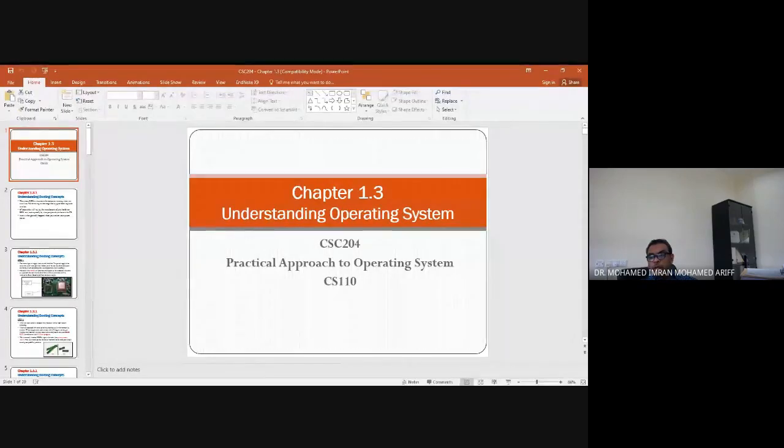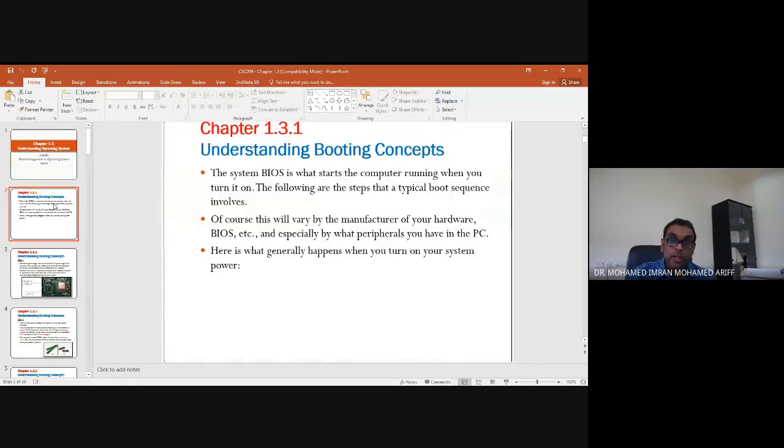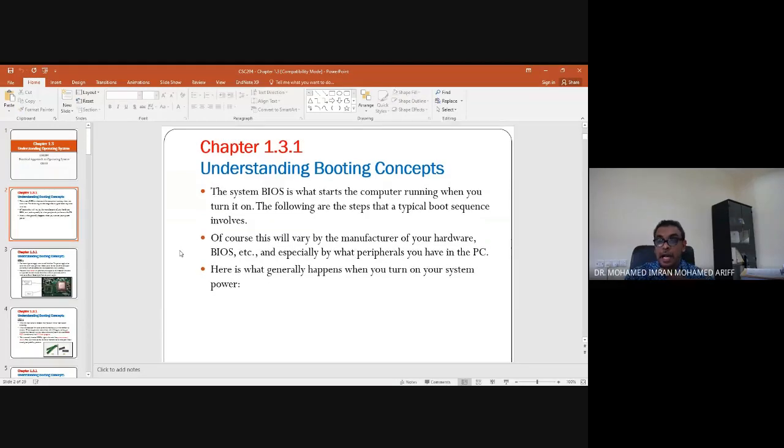So chapter 1.3, we are talking about booting the operating system. Sorry, not booting the operating system. There's no such thing as booting the operating system. We are talking about how the operating system boots. Meaning, what does boot mean? From the time you switch on your PC until you see the first screen, there are certain steps that the operating system takes.